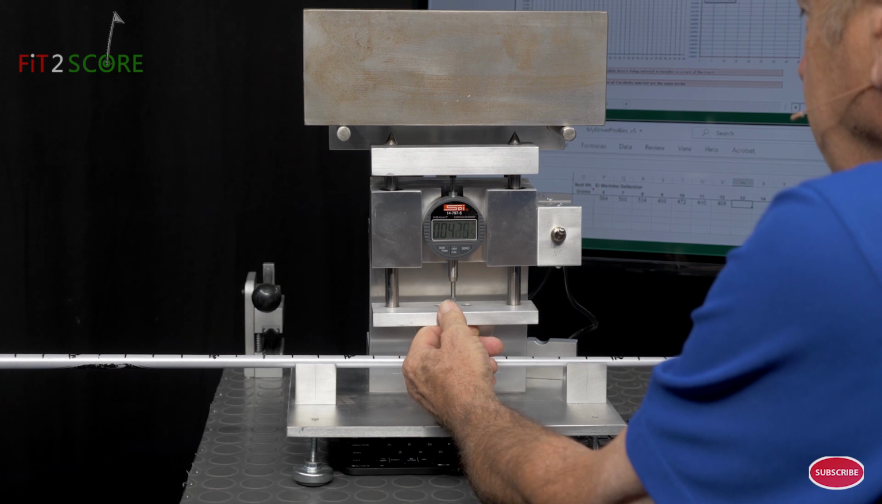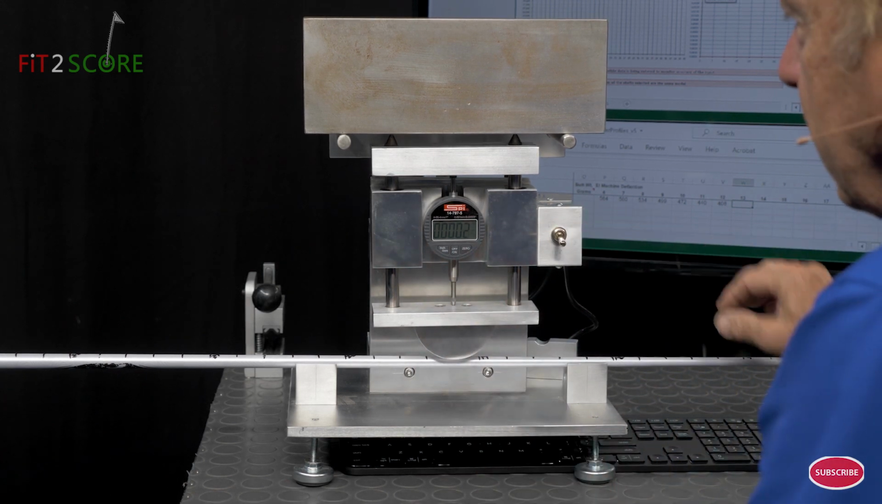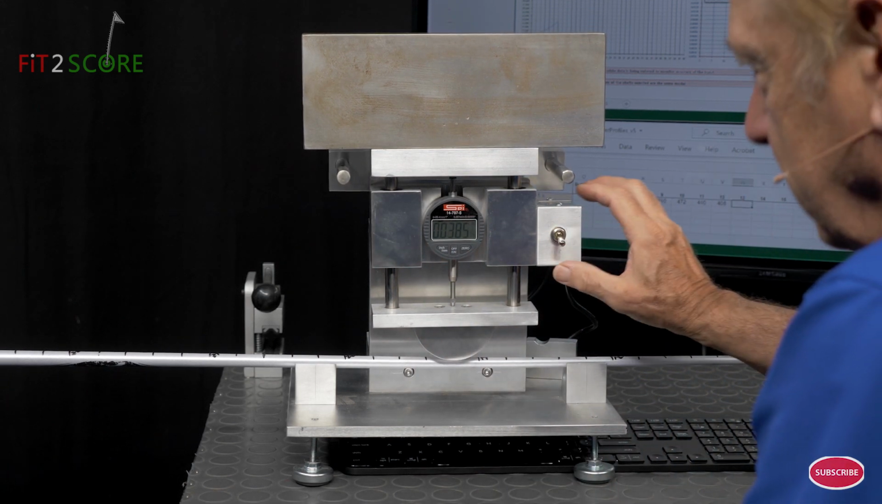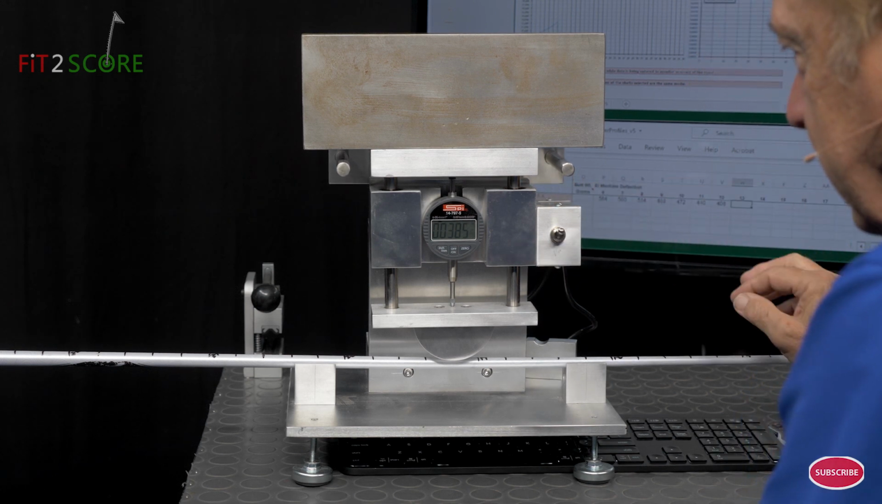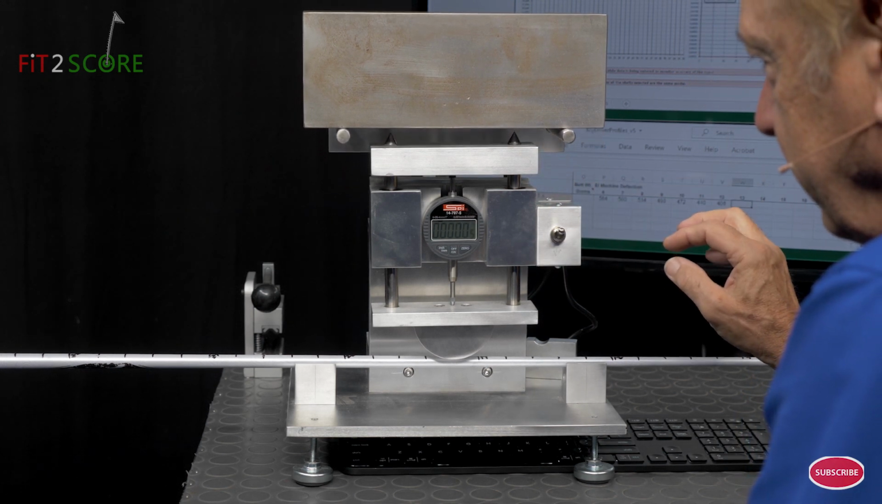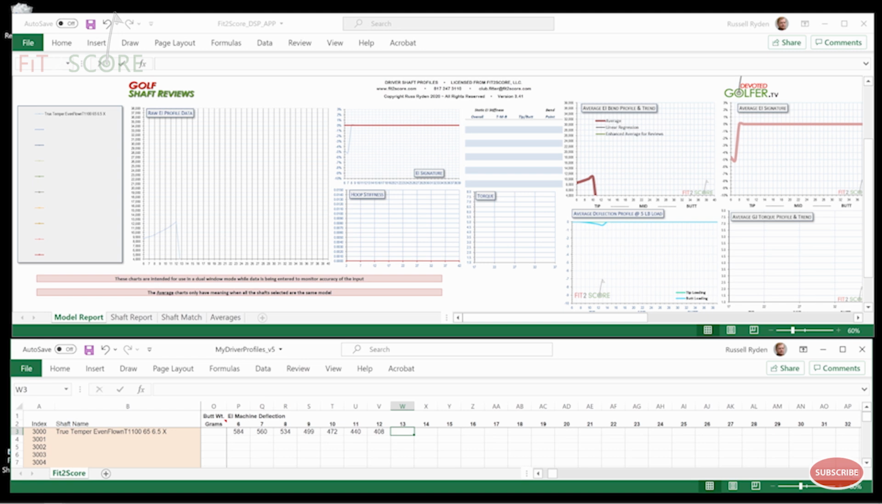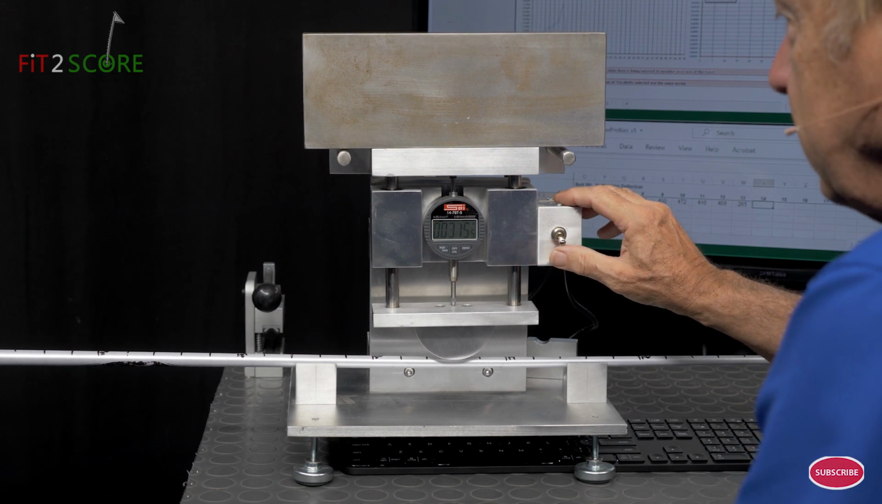Now, what would happen here if I don't enter the number correctly? 385. It's zeroed out. 385. Now, let's say instead of 385, I hit the wrong key and I put in 285. Well, what you're going to see in the software is a spike. And shafts don't spike like that. The curve generally tends to be smooth. So if I don't notice that right away,